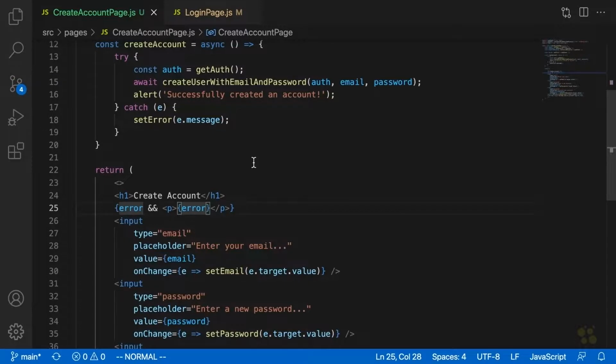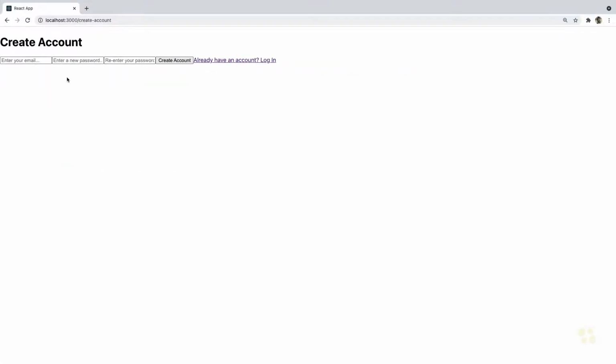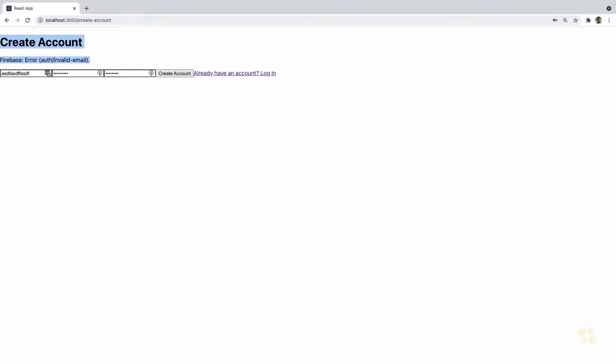Okay, so now if we go back to our create account page, right, let's just refresh this, go to create account. Let's say that we enter in an email that isn't an email, and I don't know, let's say the passwords don't match or anything. We'll see auth invalid email. If we enter in a valid email like sean5@gmail.com and don't enter in any passwords at all,